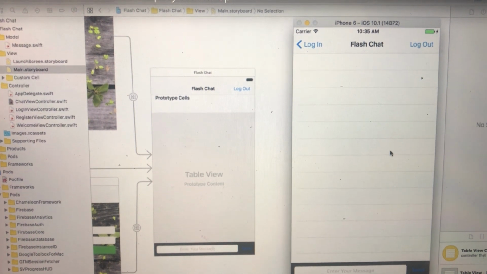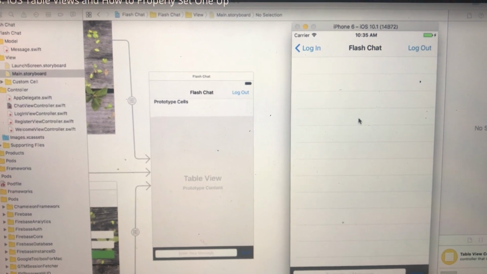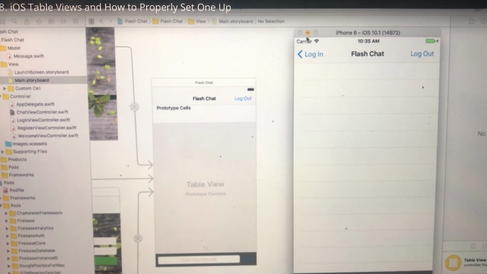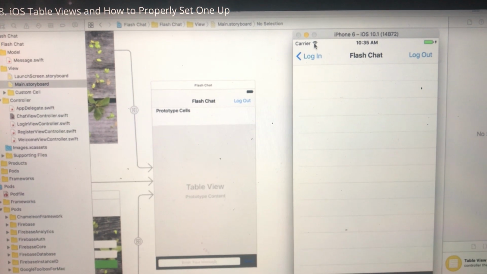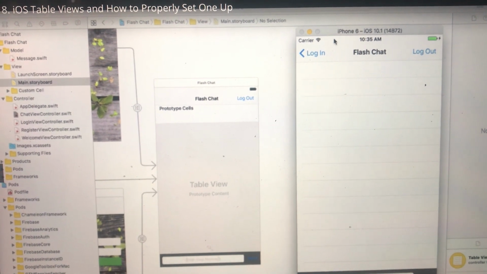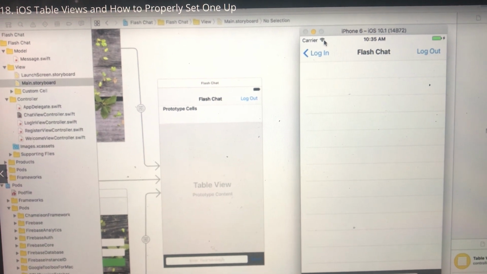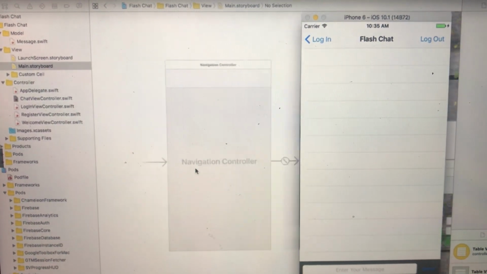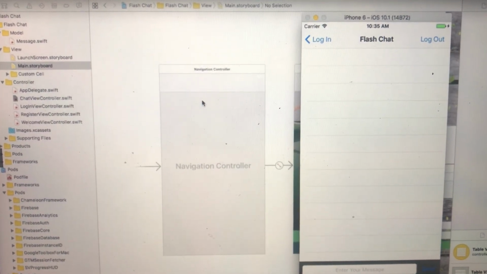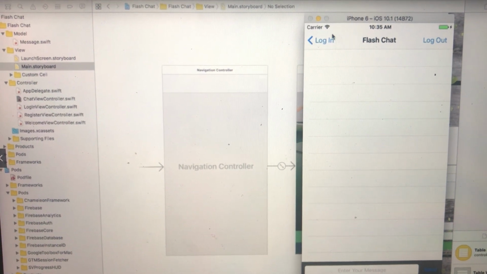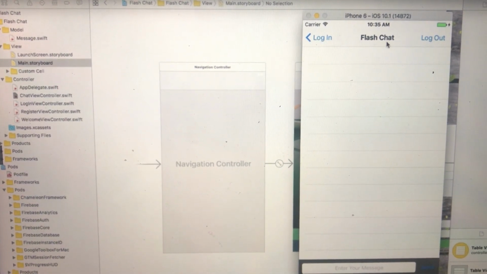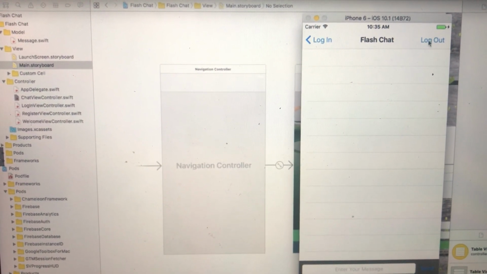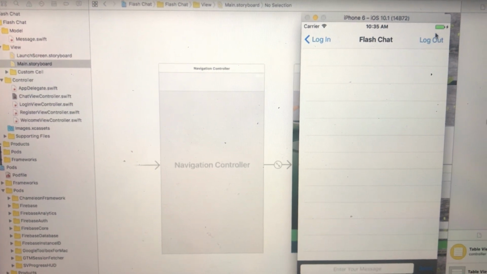So you can see that this chat view controller is actually divided into a number of sections. Right at the top, we've got the status bar that you'll see in most apps. It shows your carrier status, your Wi-Fi status, etc. Now you can disable this and get rid of it, and we've shown you how to do that in the past, but we're going to keep it in this case. Now the next thing that you see is the navigation bar, and that of course comes for free when we embed our view controller stack inside a navigation controller. So that gives you the navigation options of going back and forth, gives you a title to your navigation bar,